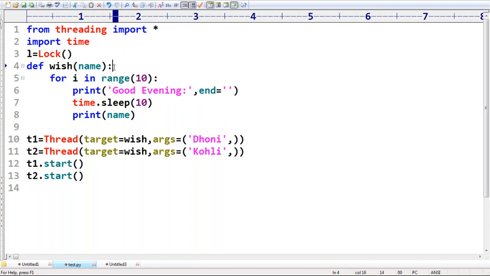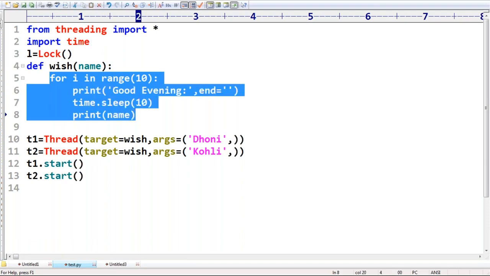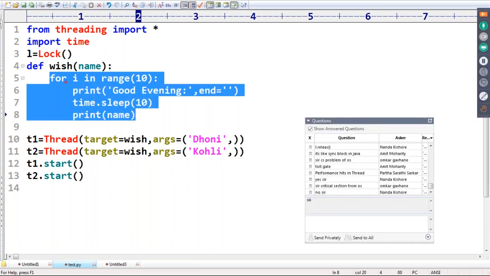After creating the lock object, this for loop should be executed by only one thread at a time. Until the first thread completes the for loop 10 times, the second thread should wait. Are you getting it? Second thread should wait. Something like a critical section. Until the first thread completes, the second thread should wait. Assume I have that requirement. What I will take here is